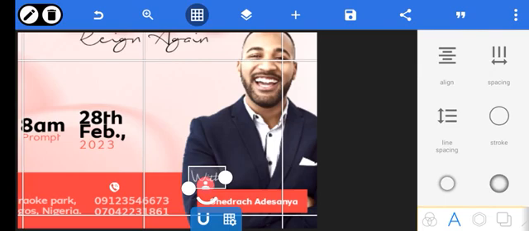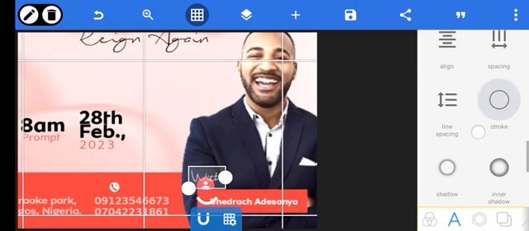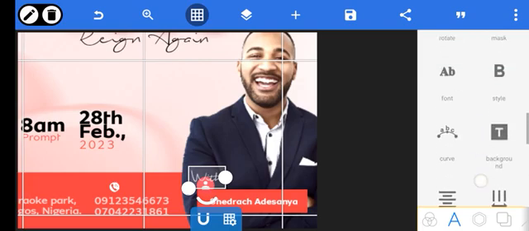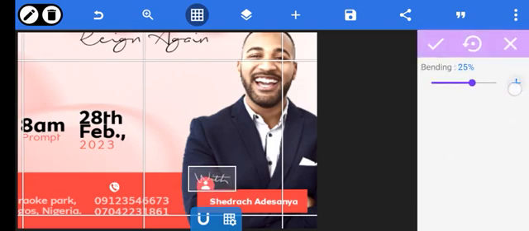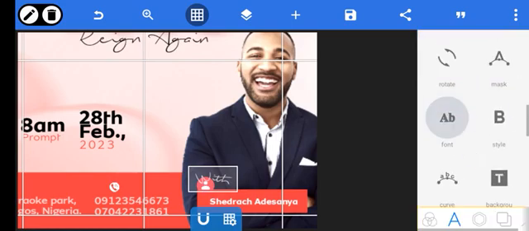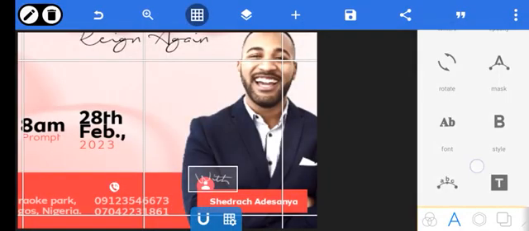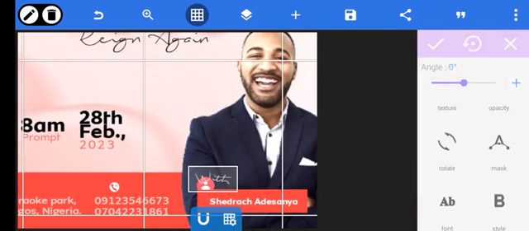Then what we do is go to our curve and let's just see what this curve gives us. No, don't change font please. Then we rotate